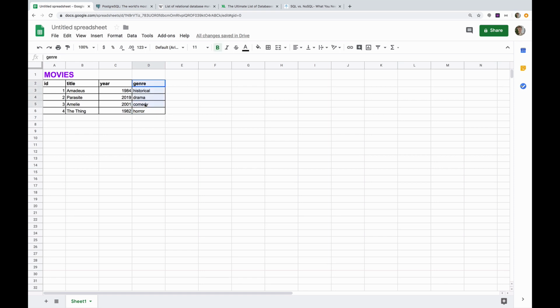If this was a real SQL database, if this was Postgres, I'm allowing for exactly one genre, or 1 year, or 1 title. Now that doesn't mean we don't have options. If we wanted to have multiple genres or multiple titles, we just have to structure our database differently. We have to write a different schema.